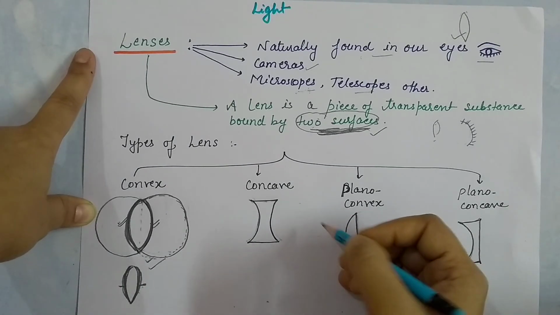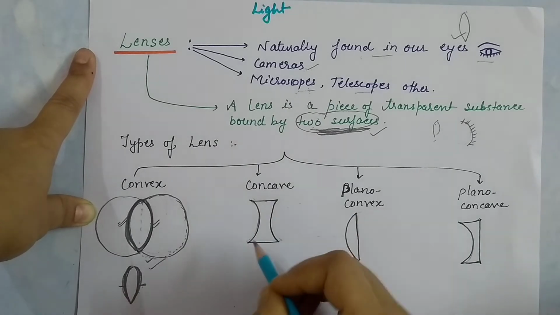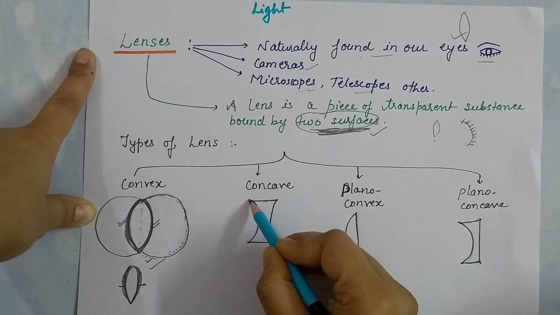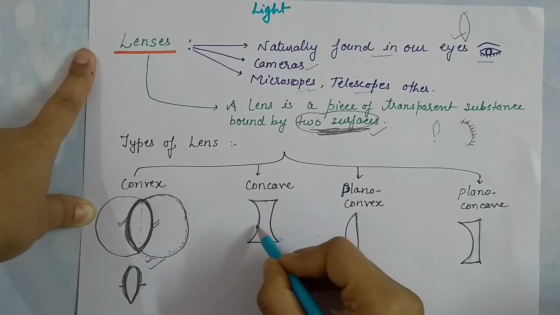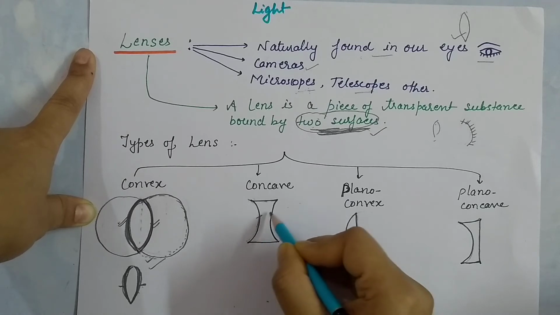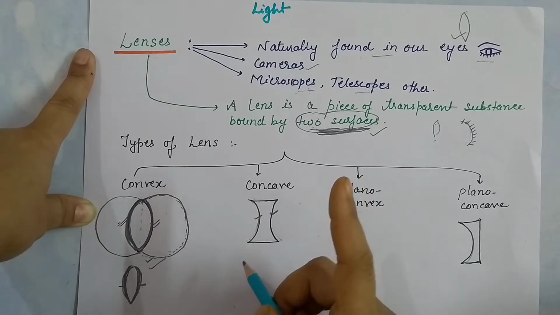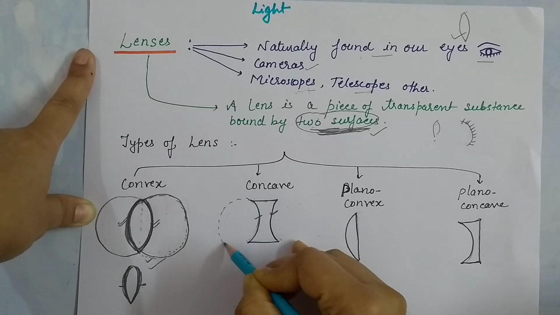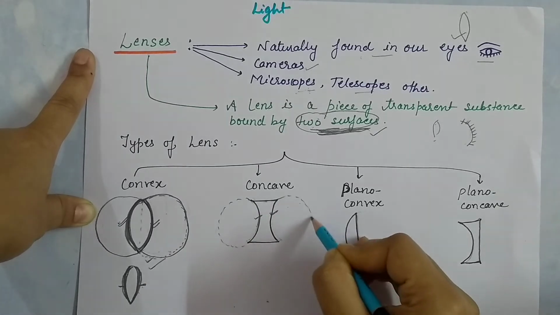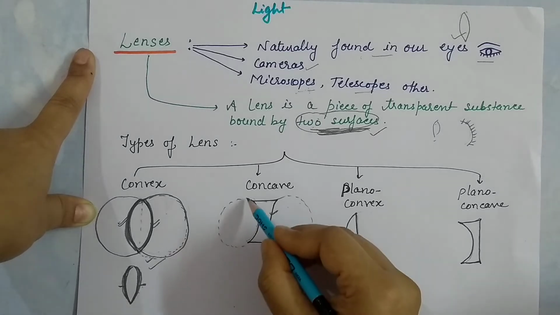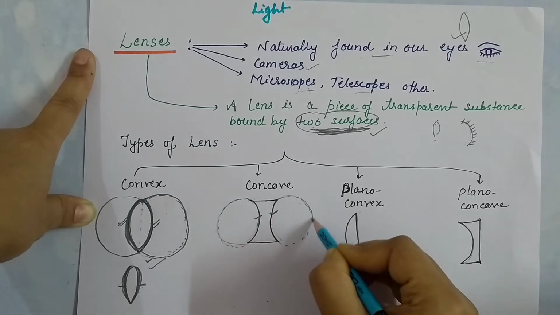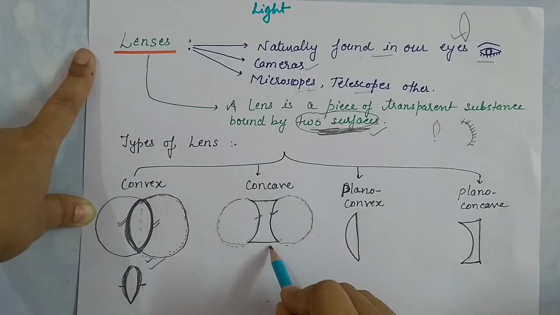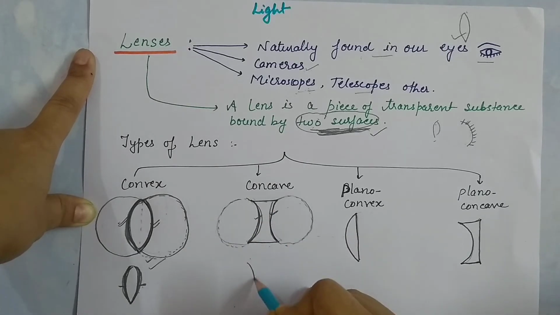Now the second one is the concave lens. It is also formed with two spheres, and the two surfaces are important. You are able to see that there is one surface and a second surface, available for refraction. Here we form one sphere and then a second sphere. Are you able to see this? We form one sphere, then two spheres. So this is also formed by two spheres. When we cut this part and join it, that forms the concave lens.